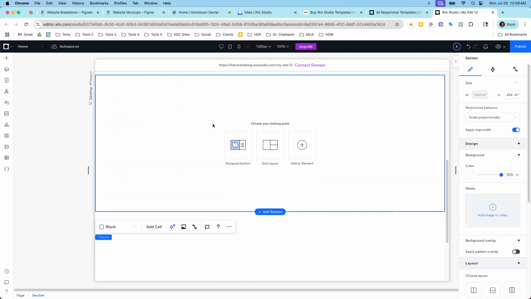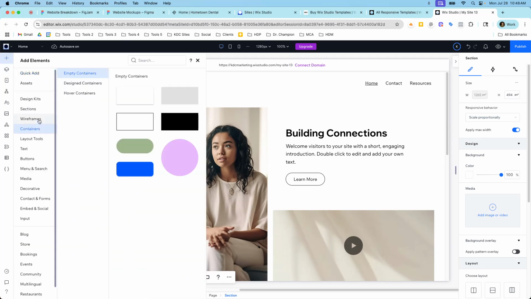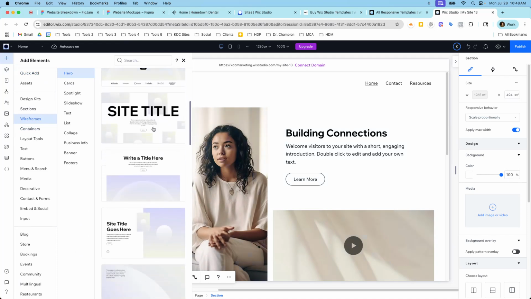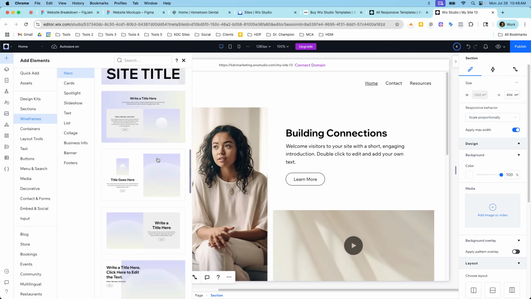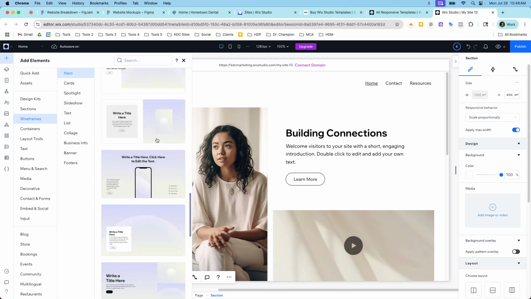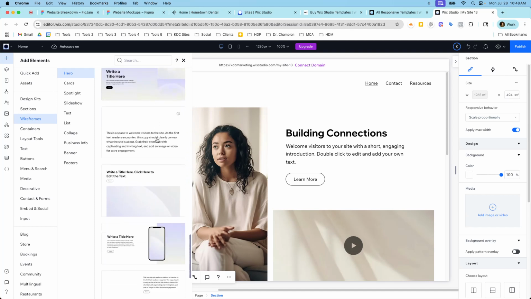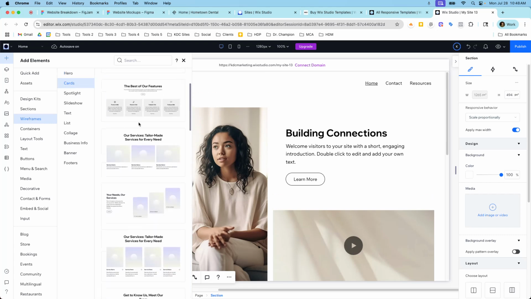So inside of Wix Studio, they do have this wireframe section. So you have the wireframes inside of here that you can add as sections. And so these are just placeholder content. So text and images or video content, you can just drag and drop these in. They're designed for all the breakpoints, so they can really speed things up. And you can just kind of mix and match these different wireframe